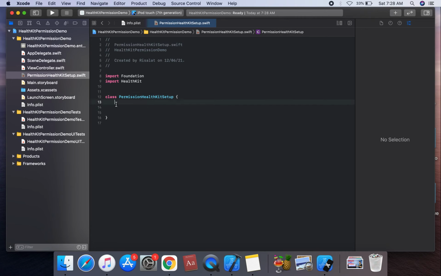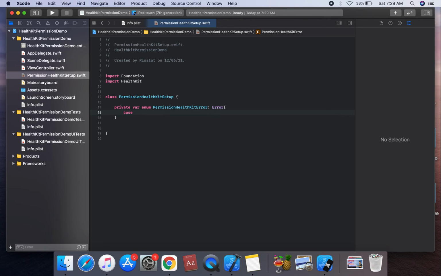Now the class is created. Firstly, we create an enum for errors that conforms to the Error protocol, since permission HealthKit uses two errors. We create a private enum, PermissionHealthKitError, conforming to the Error protocol, which has two cases.